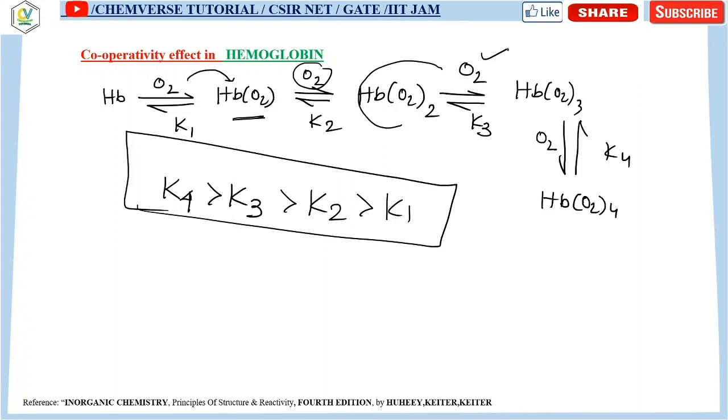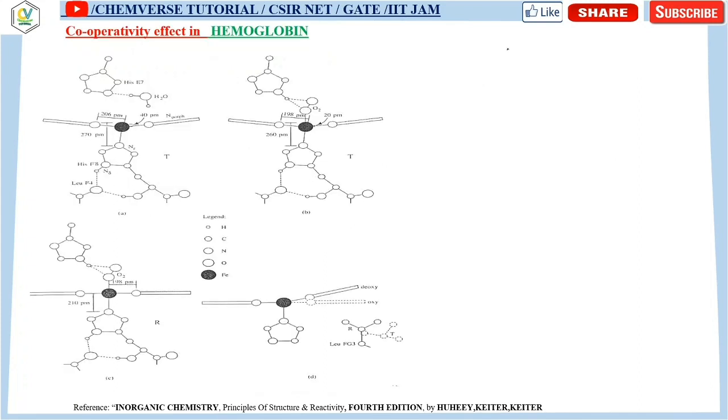This effect is explainable with the help of the structure of the hemoglobin before and after binding with the oxygen. So again, if I consider this diagram, which I have already taken from the Wikitucky book, consider the first picture, which is depicted over A. In this case, this is the iron center, basically the iron 2 center. These two are part of the porphyrin ring, and these are the nitrogens of the pyrroles present in the porphyrin ring.